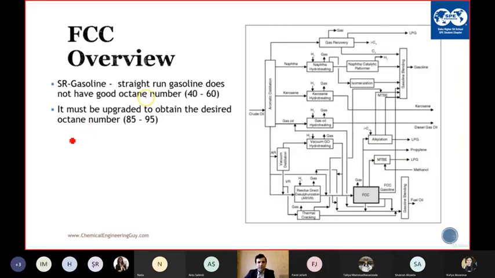So we have to mention straight run gasoline or straight run naphtha. What is straight run? Straight run means coming from CDU, VDU. Straight run kerosene, straight run gas oil, straight run naphtha. Straight run naphtha has an octane number of 40 to 60, but we need above 92 or 95. That's why straight naphtha. So we have light naphtha,